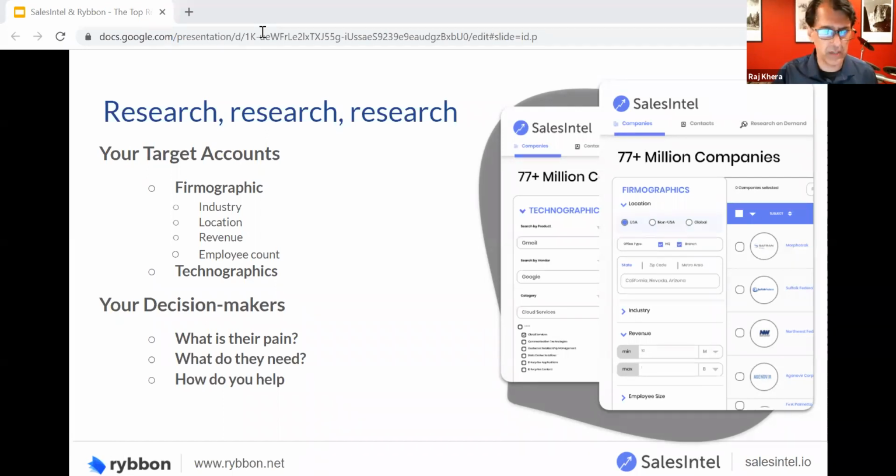There's a tremendous amount of research you can get done in almost a matter of minutes, actually, to help narrow down the scope of who you want to reach. And then from that, you can pull the contacts. So you'll have an org chart of your target accounts.